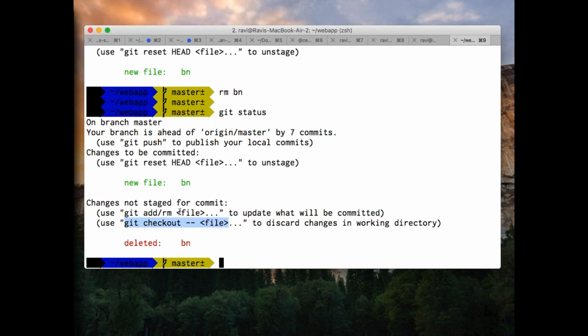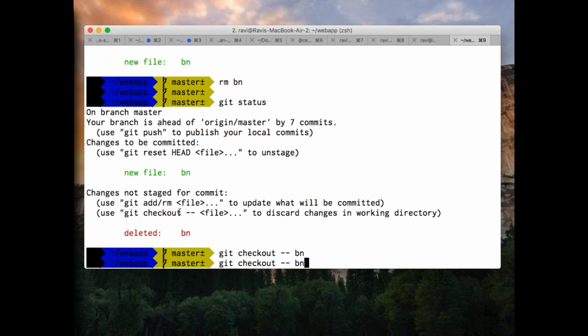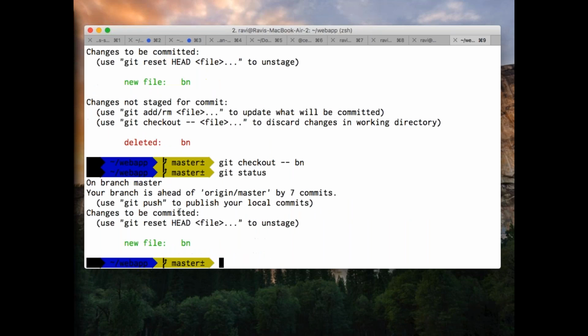That's the reason why it says, if you really want to delete it, go with git rm. If you accidentally deleted it, say git checkout -- that file name. Now if I say git checkout -- bn, and I do git status, now it's back again to my staging. Making sense? Is it clear?